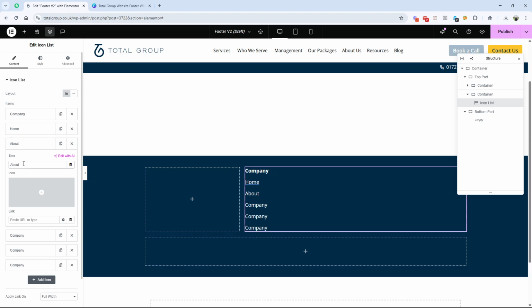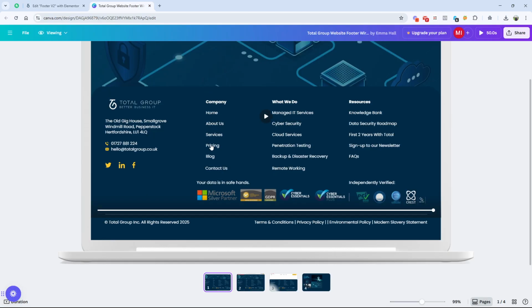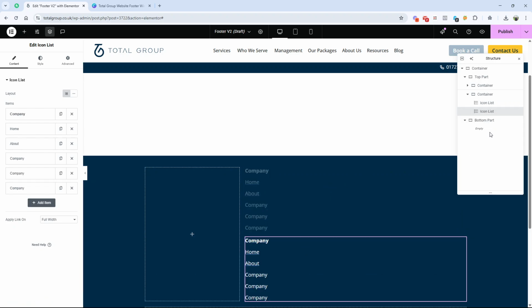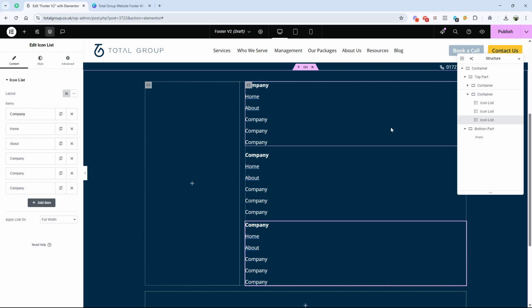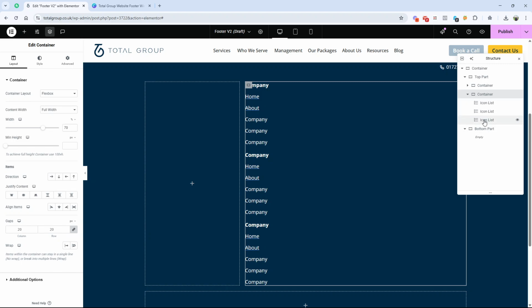So like this way you can link the pages of your footer. I'm not doing further pages, I'll just leave it here. Okay, let's complete the design first, then I will update the content. Anyway, so yeah, we created this column, so now move to this column. How can we do this? We'll just duplicate this. Okay, again duplicate this. Yeah, so now we have 3, and now we will select the container containing all these icon lists, and